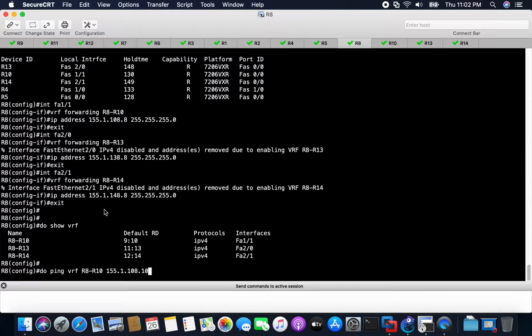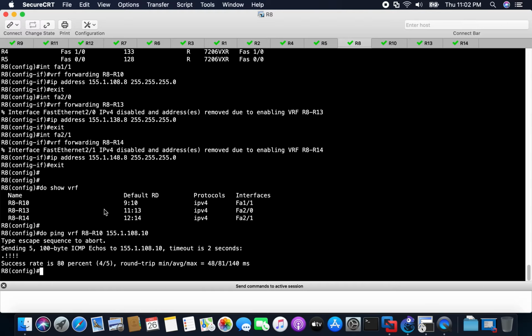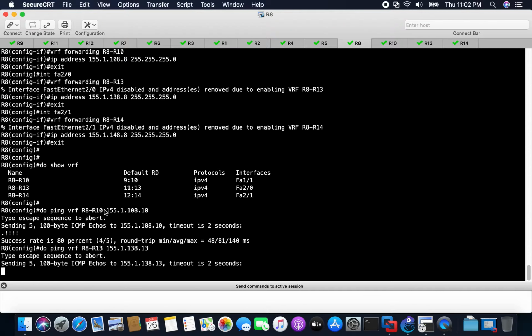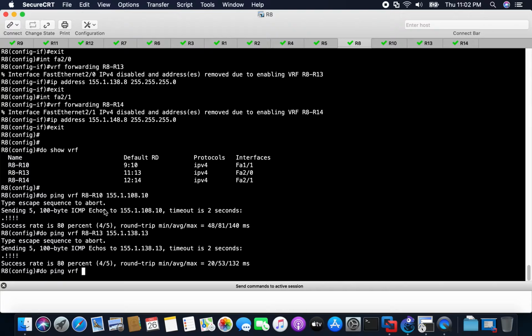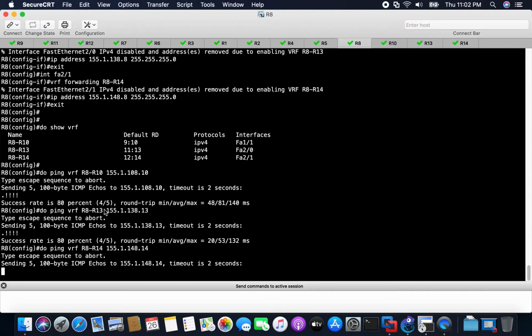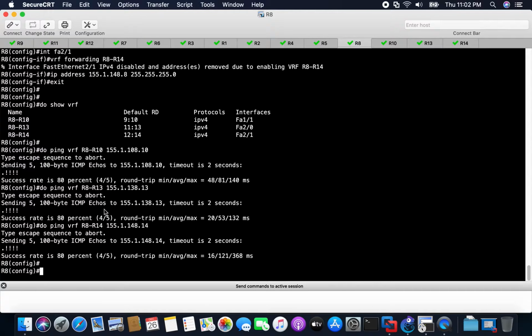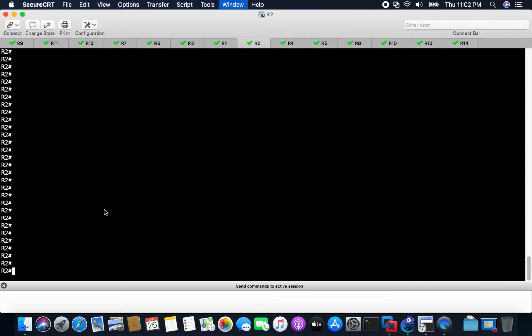So let's ping the IP address 155.1.108.10 and we see that it's successful. And let's ping the other IP address 155.1.138.13. That's also successful, and also the third one, 155.1.148.14, and this one's also working. So we have configured our VRFs on router 8 here, and we'll go to router 6 and configure our